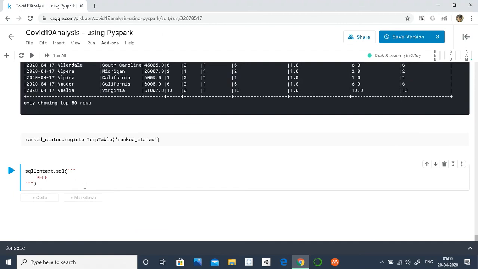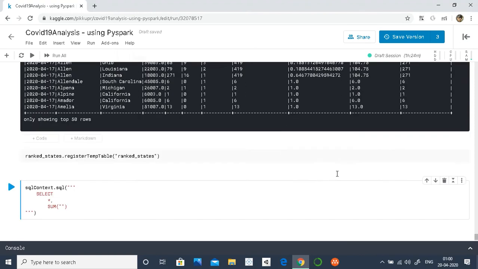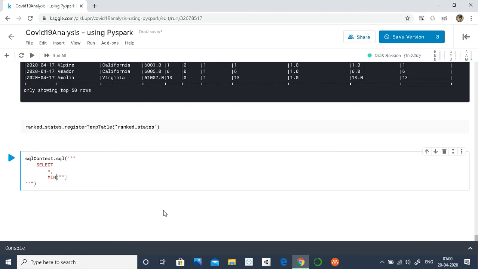But let's quickly see how we can do that in SQL. So we will select all the columns. Also, we are going to take, let's not take sum here, we already calculated max, so let's take min of the cases column. Just like before, we will write our over condition, and in over we will write partition by on which column to partition?